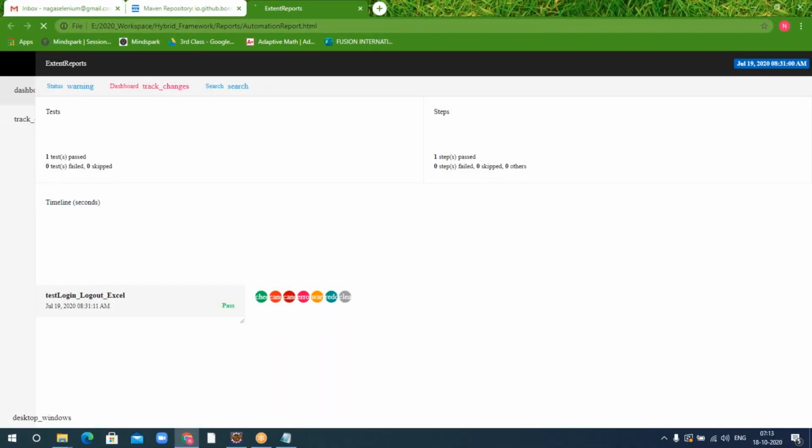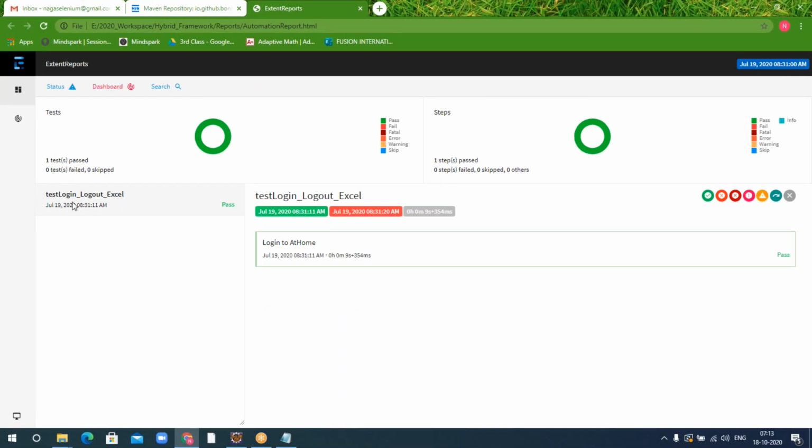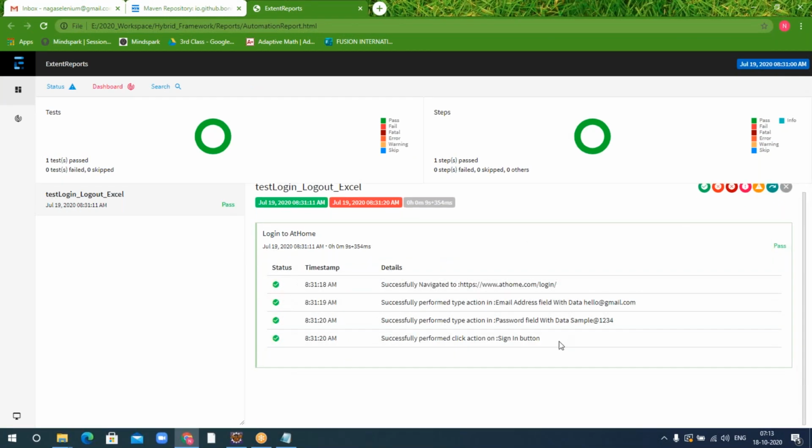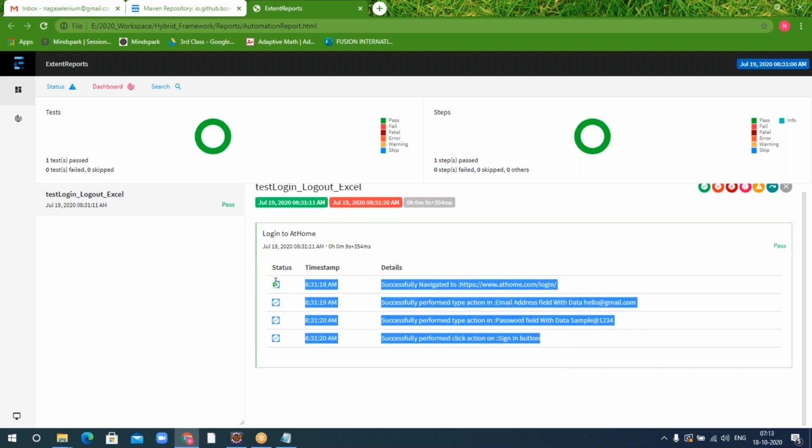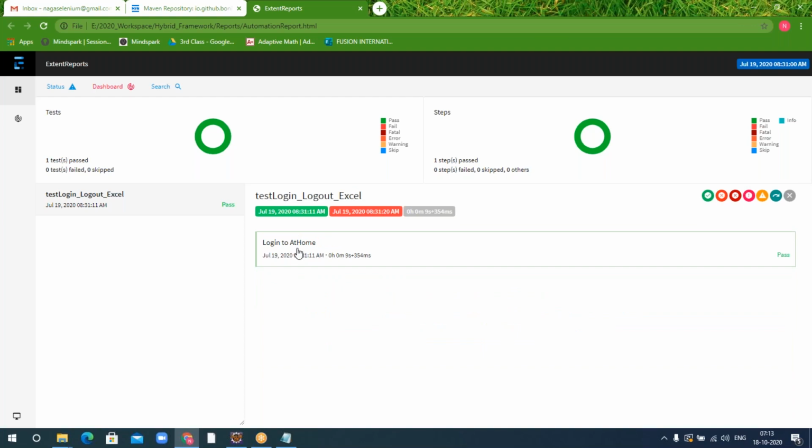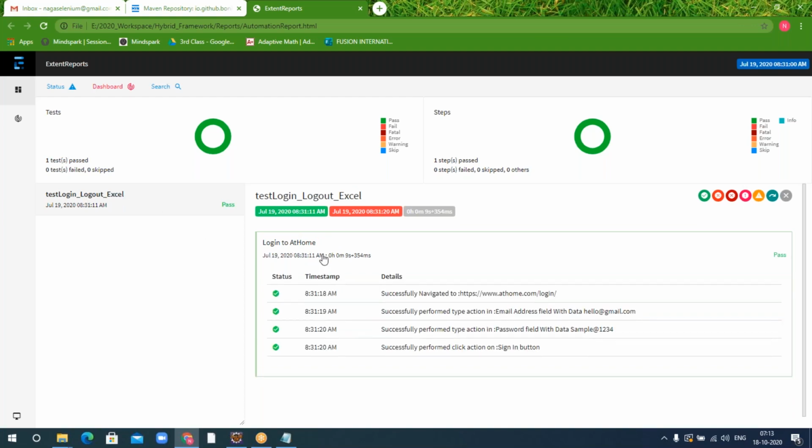See, this is how the HTML report looks. It will have all the details, like what is happening in each and every step. Finally, this kind of report we are going to generate.